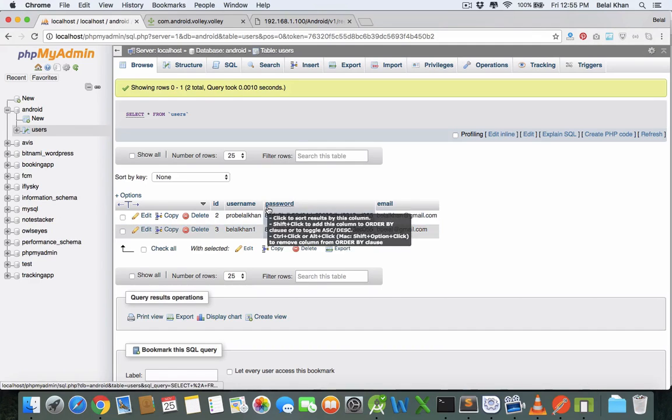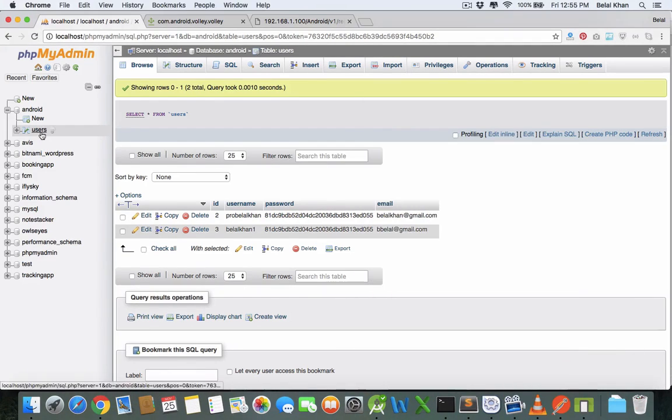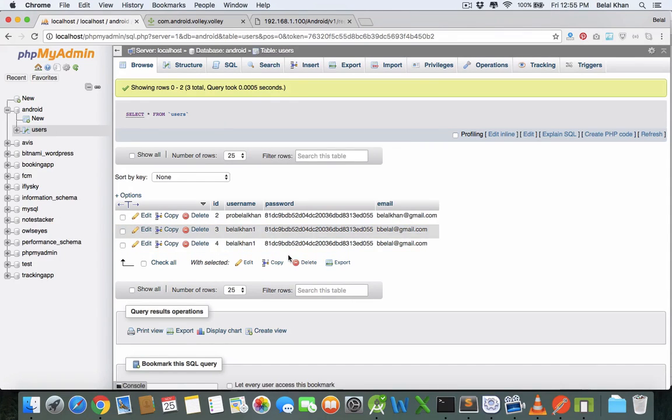And there still we need to do something, as it will accept the duplicate values. Just again, and you can see we are getting the duplicate values inside the database. So in upcoming videos we will